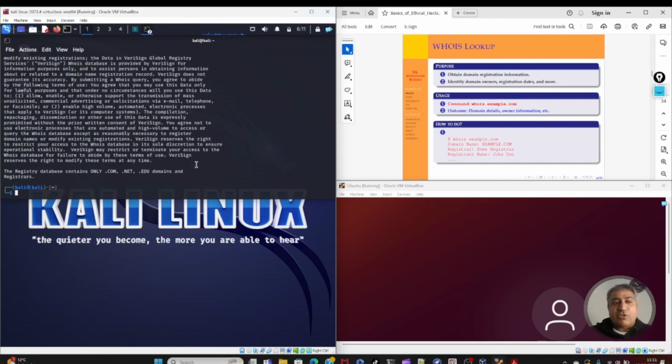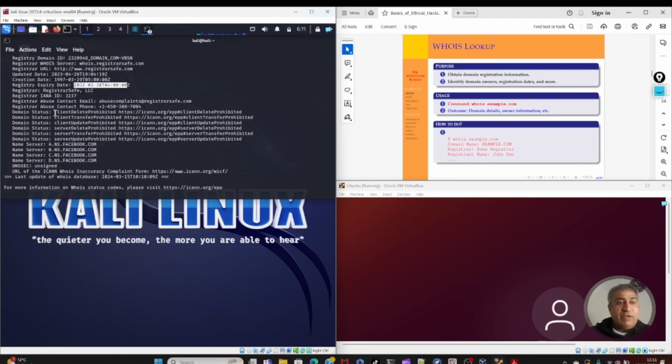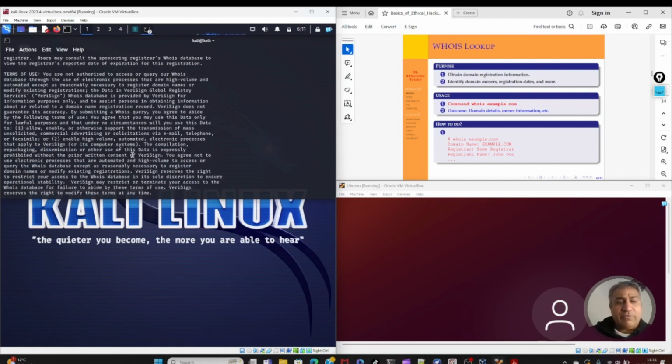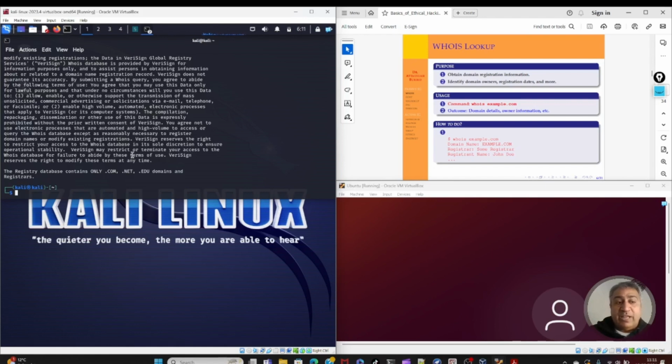There are so many things. You can find different domain names as well. Like here you see, for example, for Facebook, you have domain status, client delete prohibited. Okay, yeah, the registrar IANA ID is this. A lot of information. Name servers, these are naming servers, DNS. One name server is a.ns.facebook.com. Another name server is b.ns.facebook.com. So you can find different domain owners, registration dates, and much more information about any domain that you are